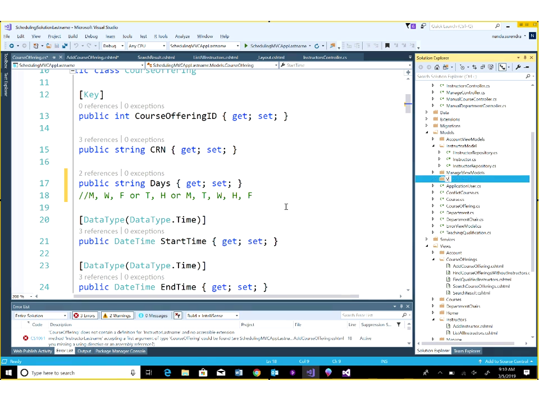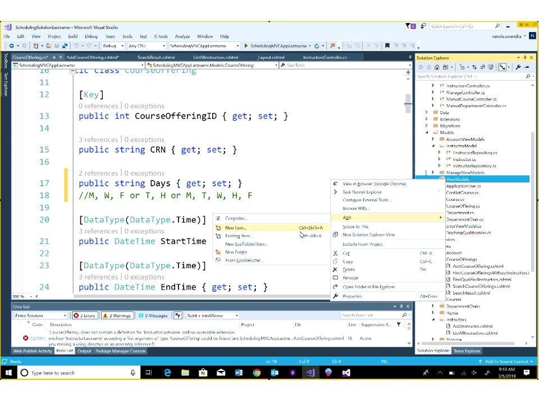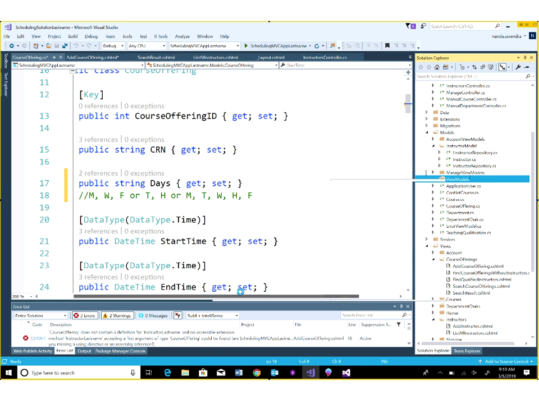So these models are created entirely for the purpose of views, of manipulating views. So view, uppercase V, uppercase M, view models. Inside of it, I'm going to create a view model, which I'm calling days of week view model. So I'm going to right-click on the folder, add a class,